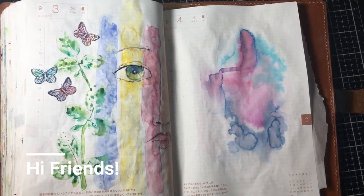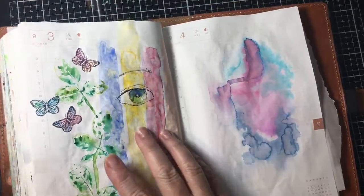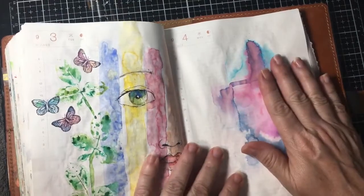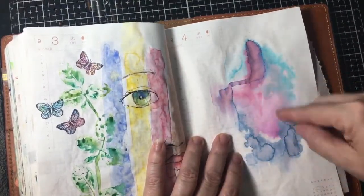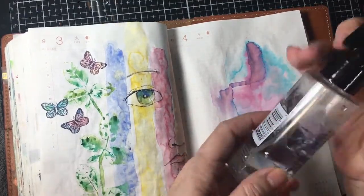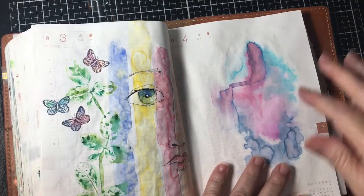Okay, so I was working on my next page on my Hobonichi, and I decided to do something different. So I sprayed some water onto this page, from this little bottle of water that I have, and I